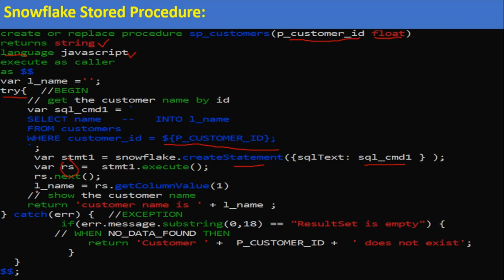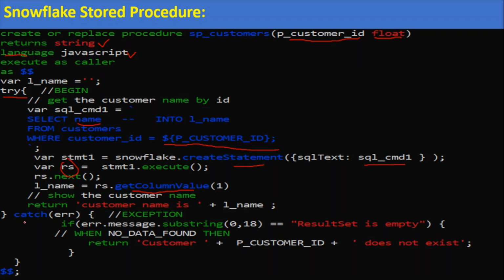After that there is a variable L_name, which we get by using the get column value method, because this query returns only the customer name. Assume that if the customer is present, then we will get the name.